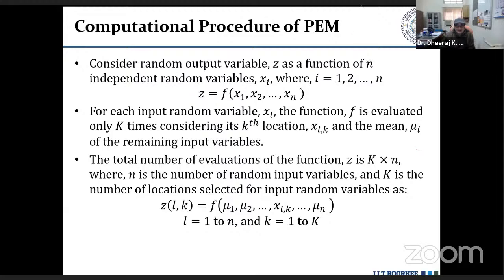Suppose here we have again a random variable z, and it is a function of n independent random variables xi. So this is our input random variables and this is our output random variable. We know the probability distribution of these input random variables. So what we have to do here,